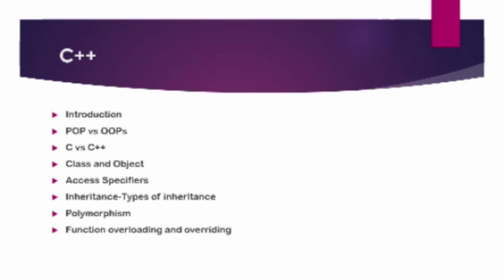Next is C++. C++ is the extension of C that we used in programming the Arduino in the Arduino IDE. In C++ we went through introduction, POP versus OOPS, that is procedure oriented programming versus object oriented programming, and C versus C++, classes and objects, access specifiers, inheritance, types of inheritance, polymorphism, function overloading and